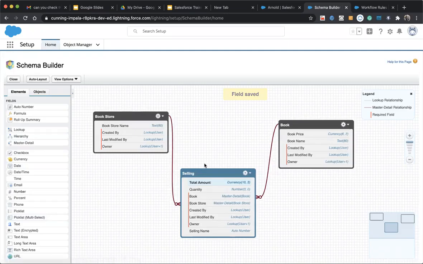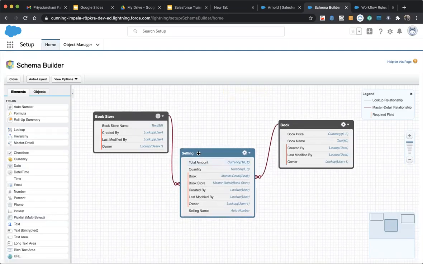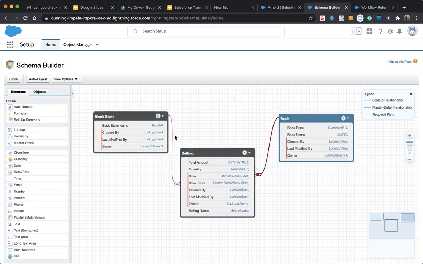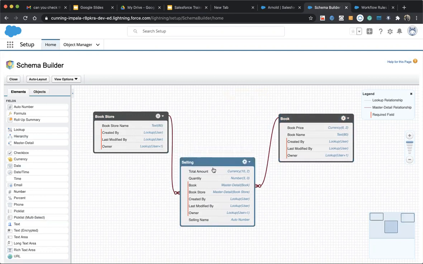Okay, so what I did is I just created two objects, book and bookstore, and created a junction object. That book and bookstore have a relationship with that junction object. Each book has some price, so I just added the prices.